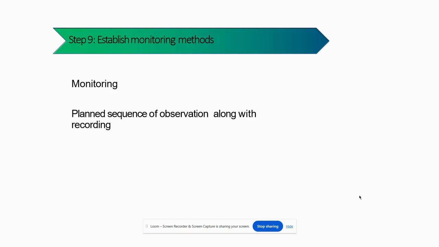That is called establishment of the monitoring method. How often we are doing it, what is the maximum limit and what is the minimum limit, we need to document. Then, as we have fixed the maximum and minimum limit, if there is any deviation, what corrective action do we need to